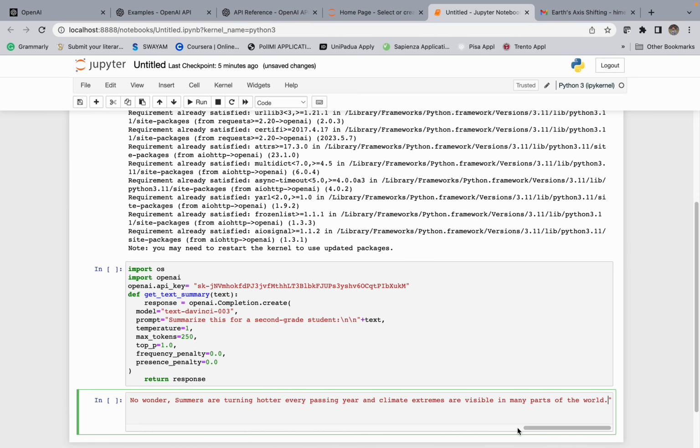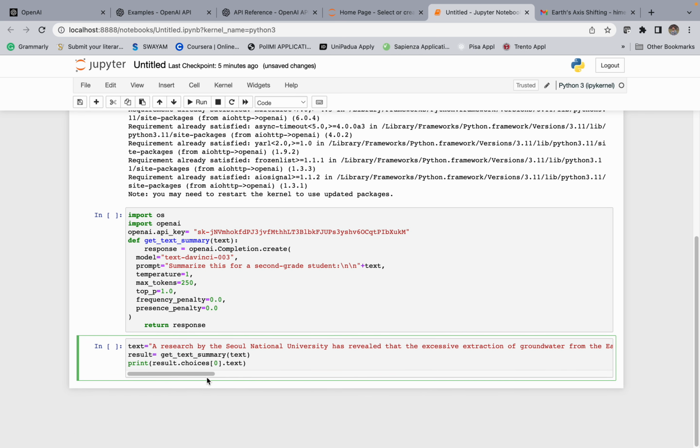This is a long text, so I'm just reading the text for you. Research by the Seoul National University has revealed that the excessive extraction of groundwater from the earth has resulted in a major shift in the earth's axis towards the east over these years, resulting in more melting of the polar ice caps, thereby leading to a rise in the water levels and change in the distribution of mass on the